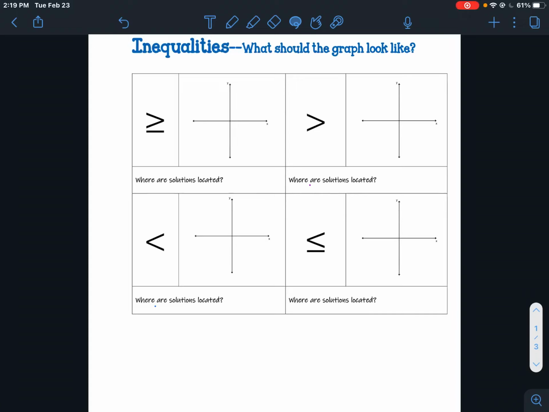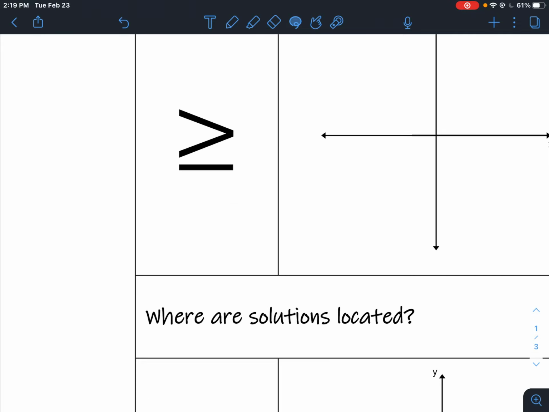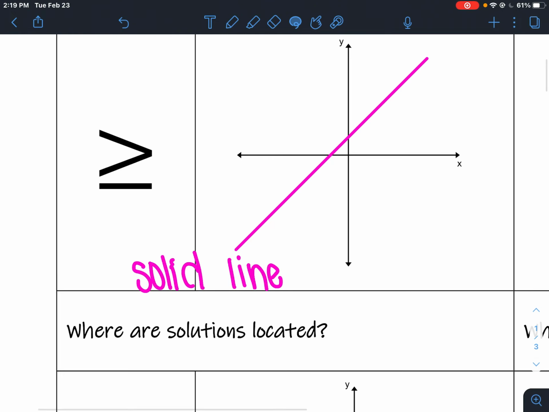Inequalities: what should the graph look like based on the inequality symbol that we're given? For this one, this is just the notes to recap what we did on Desmos when we played around with different inequality symbols. So when we have the symbol greater than or equal to, we saw that we had